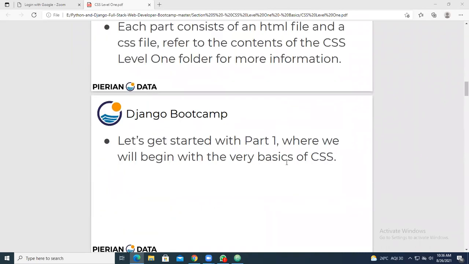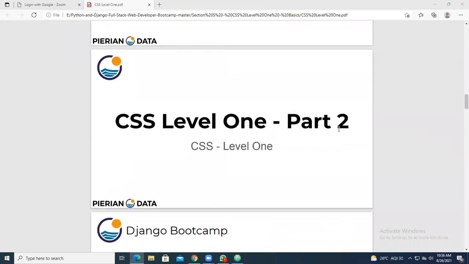The demo is already given in part 1. We have seen how to add color, background color, font color, and font family. I will run the same thing here and give you the demo, then jump on to part 2. In the previous video we gave the part 1 demo, so you can go through my YouTube link, click on that particular link and learn.